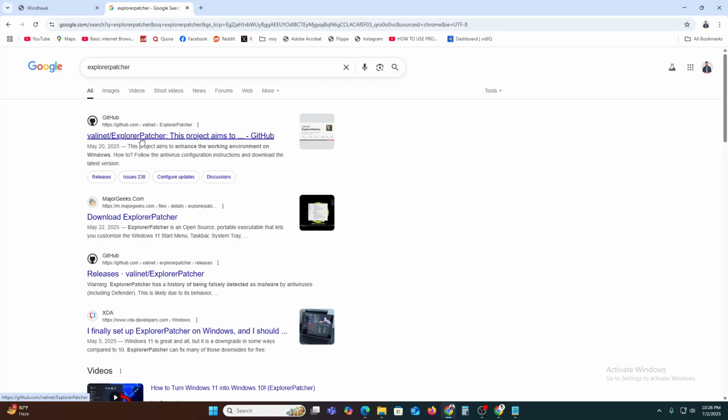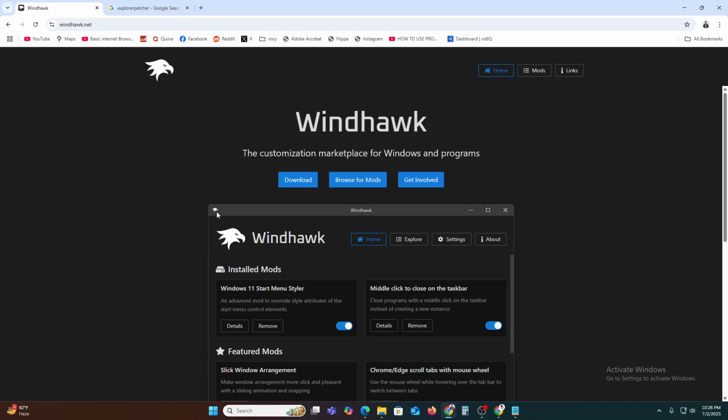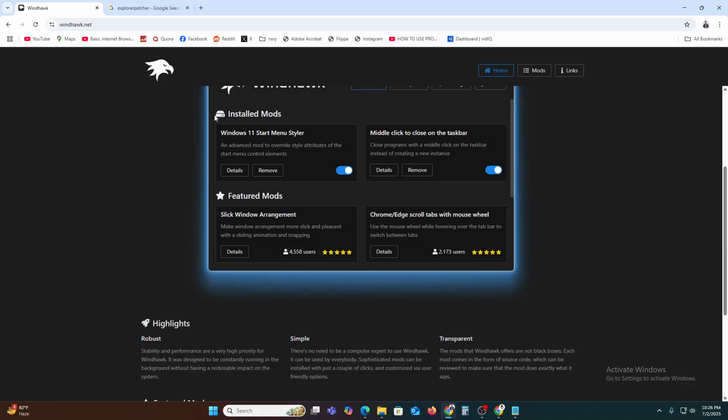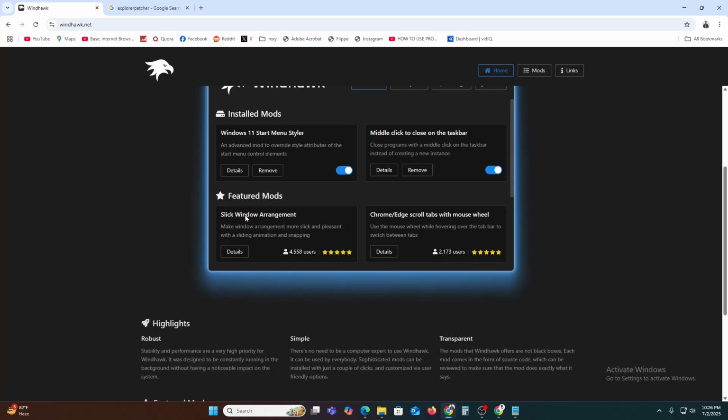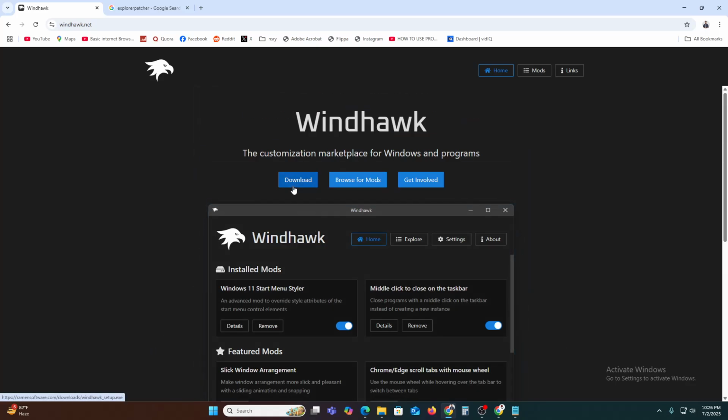Download the Explorer Patch and your third party tools to use transparency. Also here is another third party tool. Now you can see Windows 11 Start Menu Styler and Stick Window Argument to download the